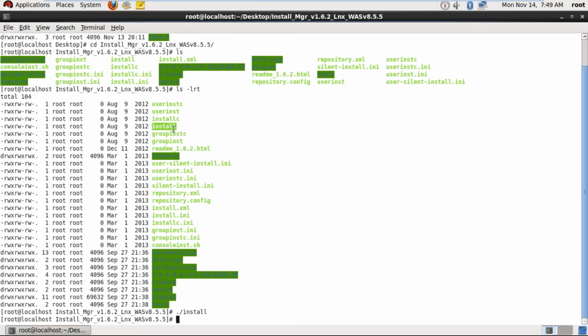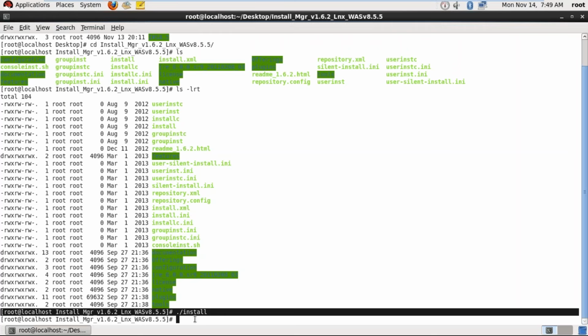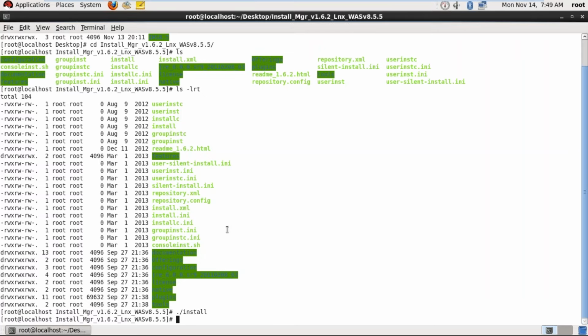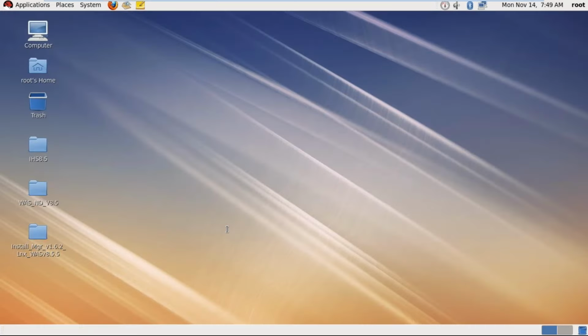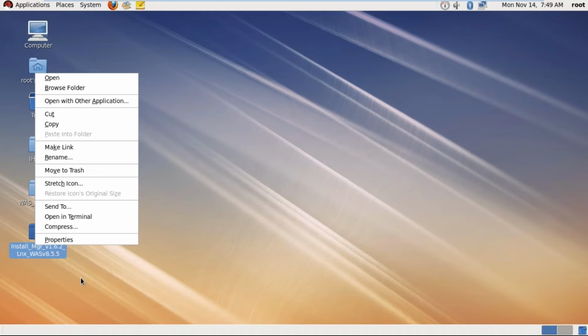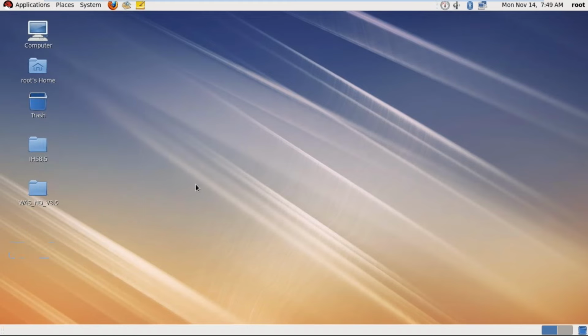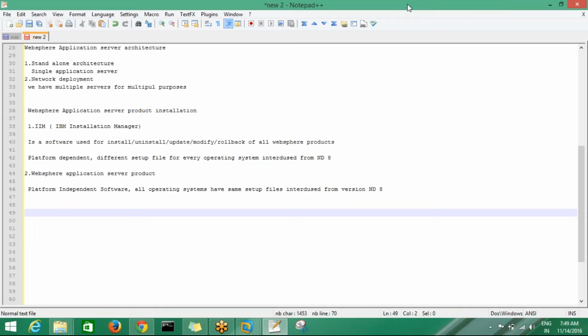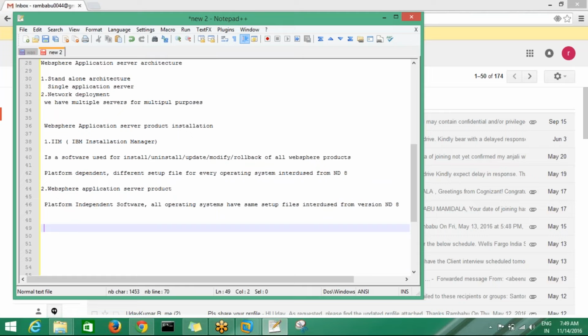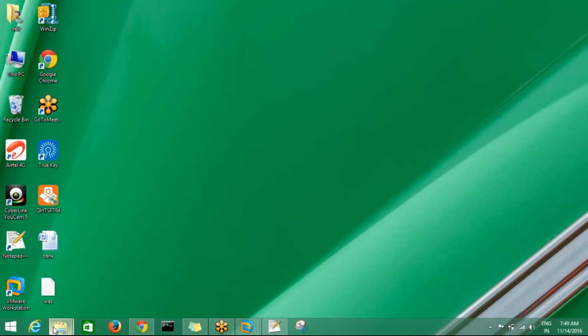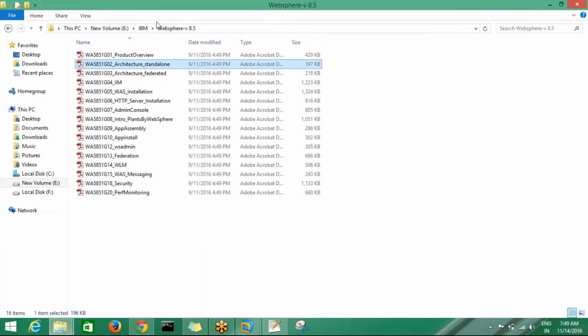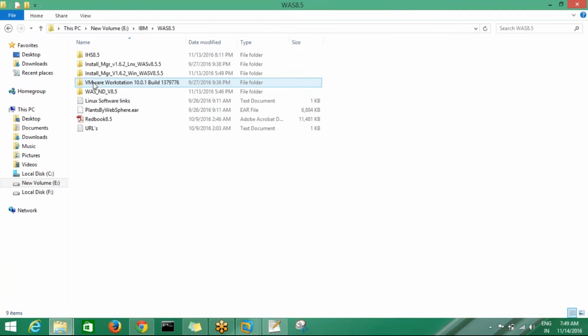Actually, this is not executing also. I think the software is corrupted, it seems. Some files are missing. Let me copy again. Wait for 2-3 minutes, I will copy. It is not copied properly, it seems. Let me copy again.